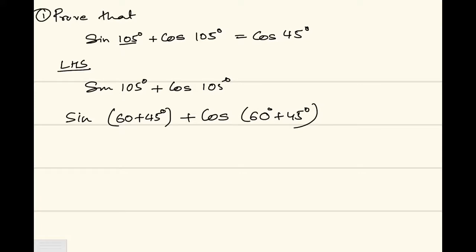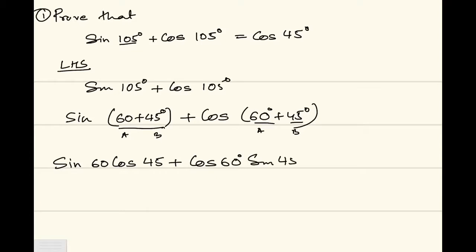That gives me the formula. What is the formula of sine a plus b? Look at the compound angle formula that you have in your notebook. This acts as a and this acts as b. So I need to write the formula for sine a plus b, and the formula is sine a, that means sine 60, cos b, that is cos 45, plus cos a, that is cos 60, and sine 45. So again I repeat, it looks like sine a cos b plus cos a sine b, plus I have the